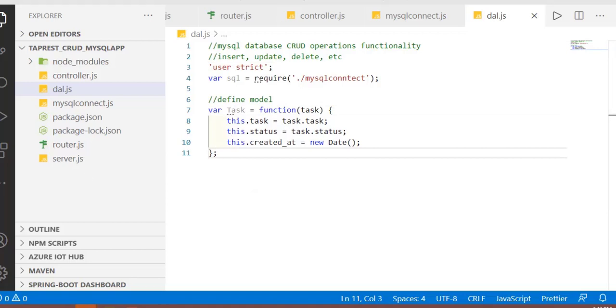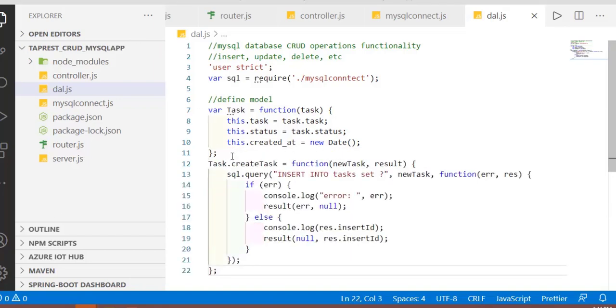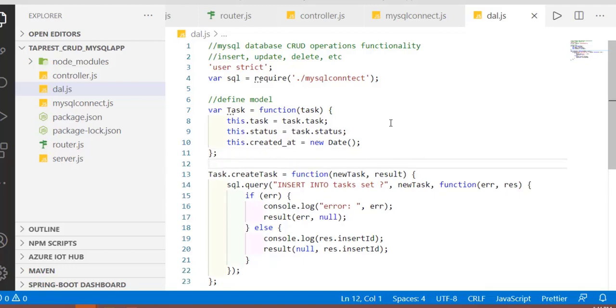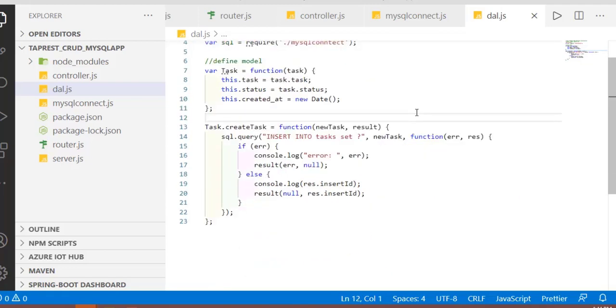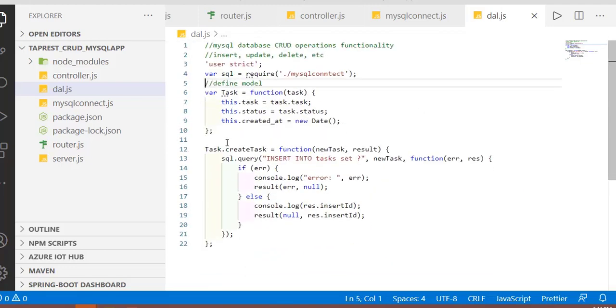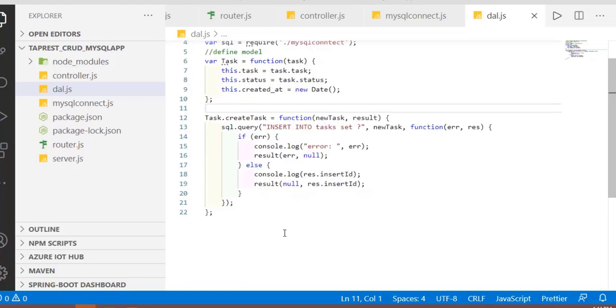So that will be like a model from my MVC design pattern. Now once we define the model, our job, from that model's perspective, is to define our operations, like a create task function and get task functions. These functions will be set with this particular business entity, where you can find I'm writing actual code of connectivity with SQL Server, MySQL, using SQL.query.